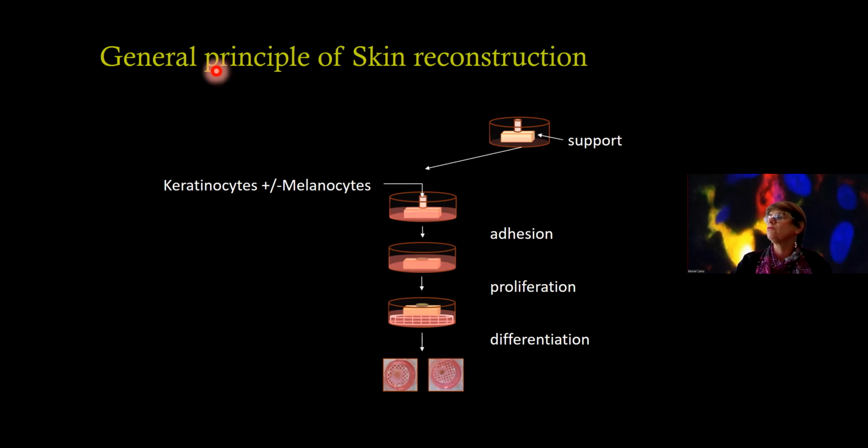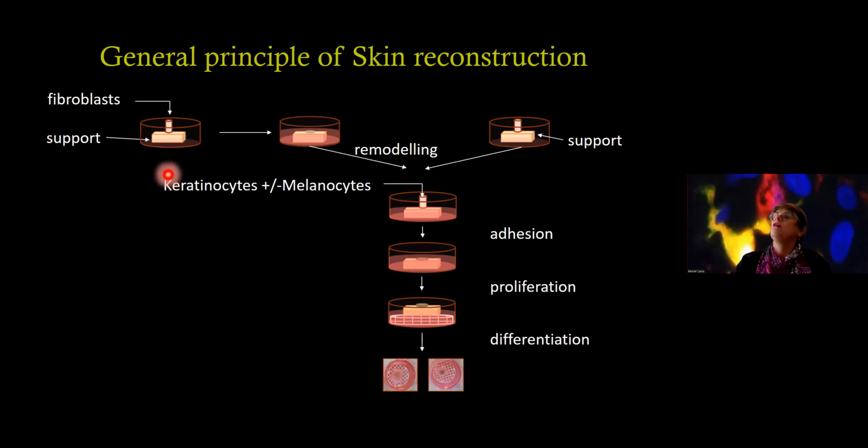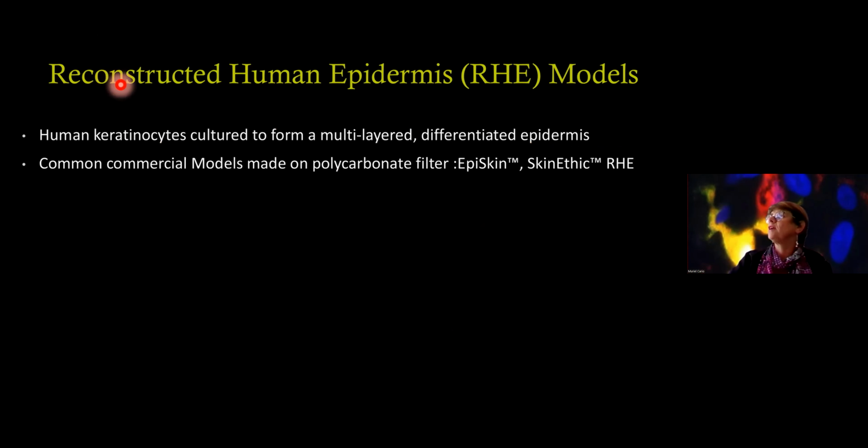This is to make reconstructed human epidermis, but you can also make full thickness skin, which is made with a support where there are fibroblasts on it, and you have a phase to remodel the collagen matrix before adding keratinocytes and melanocytes. So this is the overview. What is important when you reconstruct the skin is to have a fully differentiated epidermis with a stratum corneum. So for reconstructed human epidermis, RHE, you have many human keratinocytes which are cultured to form a multilayer